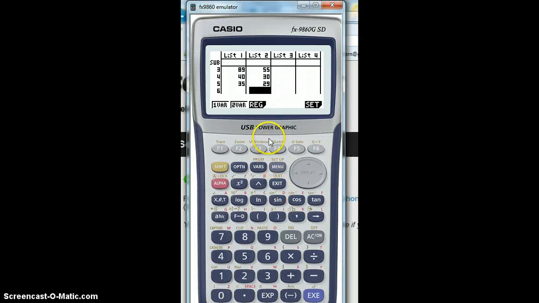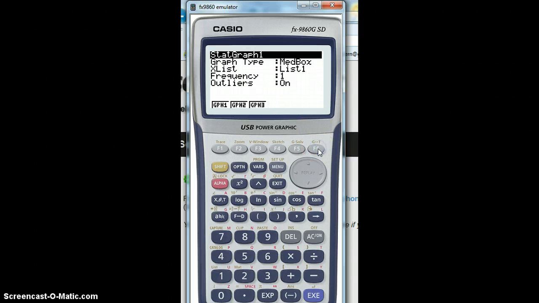Actually, I've remembered how to draw graphs. At the moment I'm in the setting calc, so if you just click exit, I was in calc. If you click on graph, it gives you a few graphing options. Again, click on settings and make sure that the graph type is set on median, box and whisker. If you click across here, there's a whole lot of different types of graphs you can draw,